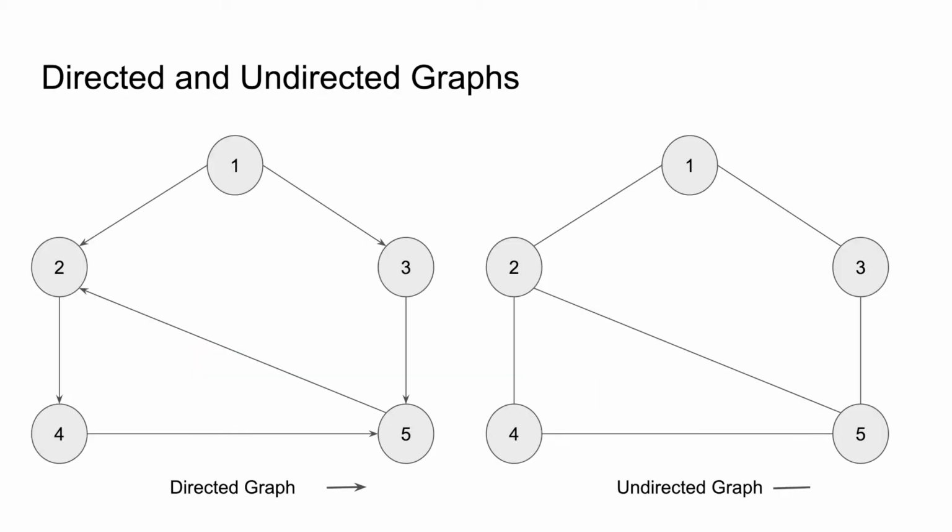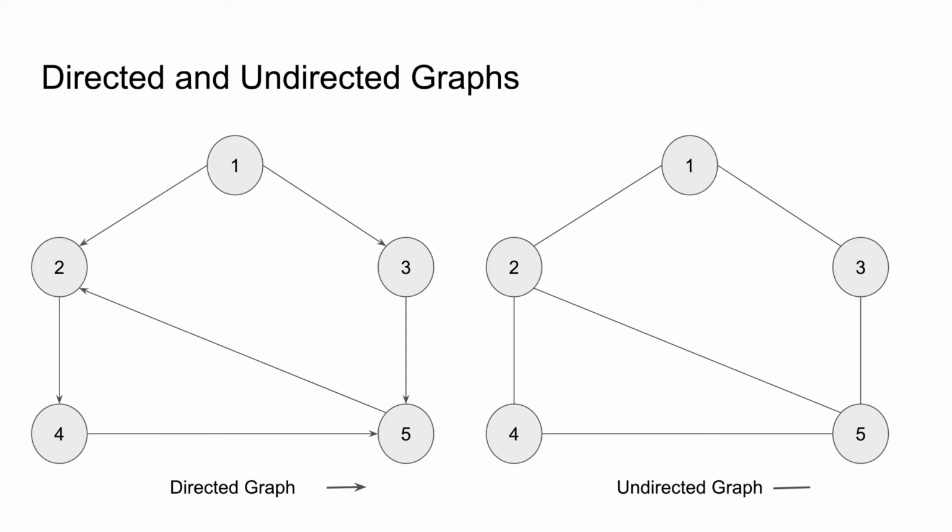So we have directed and undirected graphs. On the left hand you can see a directed graph and on the right hand you can see an undirected graph. A directed graph is generally used to represent asymmetric relationships. For example, if you want to depict any kind of dependency, like in this case, if you consider an edge that connects 1 and 2, there is an arrow at 2's end, so you can depict that 1 is dependent on 2. In a similar way, you can depict a way basically.